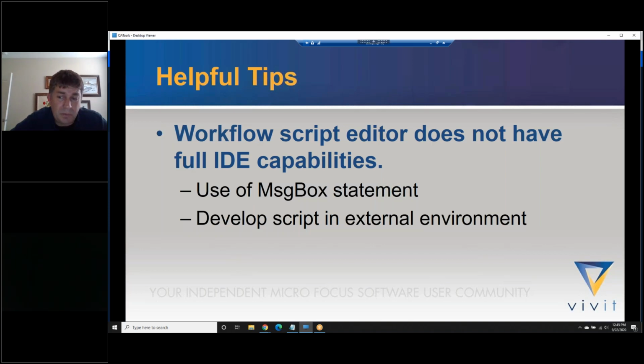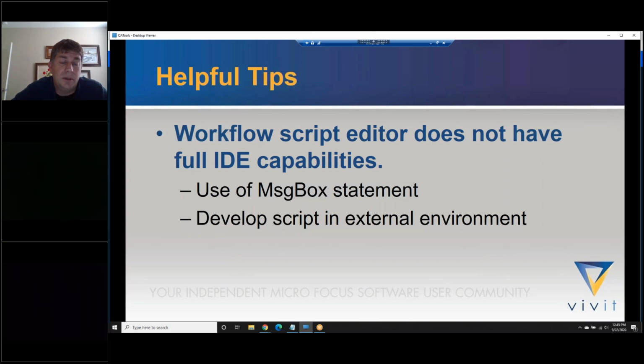If you're developing a complicated script like the one I just showed with exporting things to Excel, what I've done is develop it in UFT, using the open test architecture, which is what the workflow is built off of. That way I have the ability to step line by line through my code, use my watches and local variables, and see what's happening in my variables line by line.